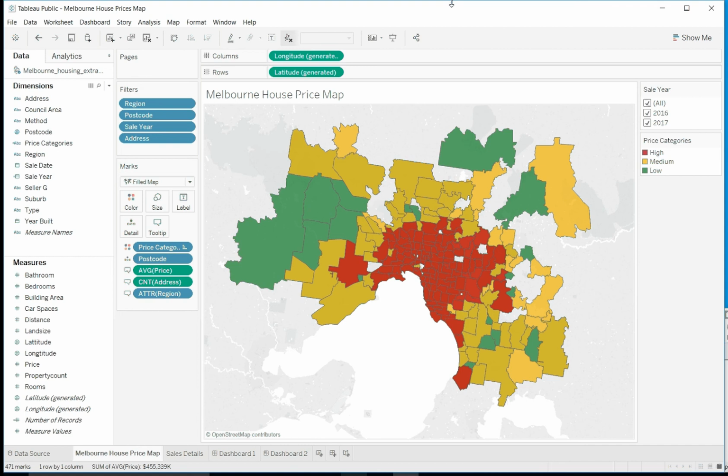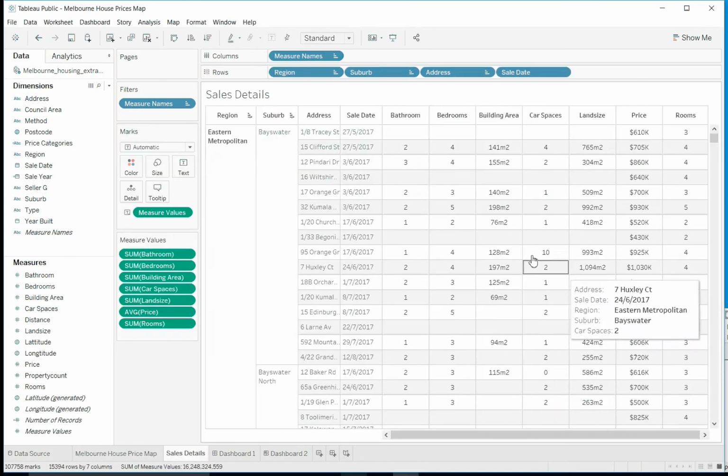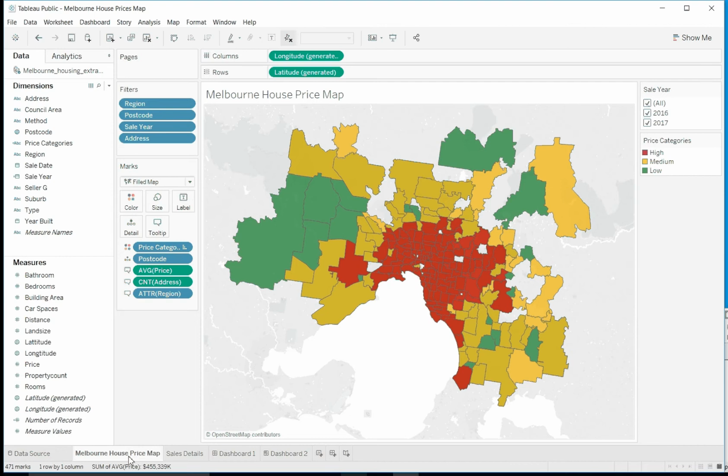In this video, I just want to show you guys how to make a dashboard. In the last video I showed you how to create a map with colors like the one you see here. The only difference is this map is being colored based on categories which I've created. The next video of this series shows you how you can do that. I've also created a table in a different sheet, and I'd like to create a dashboard which has both of